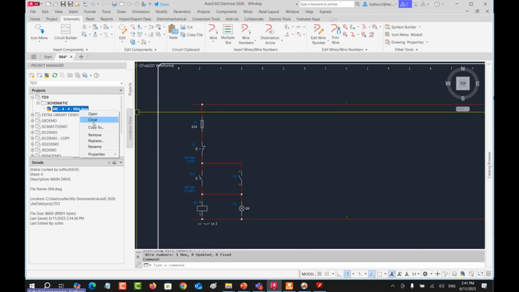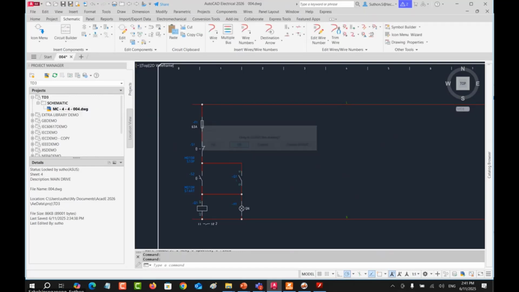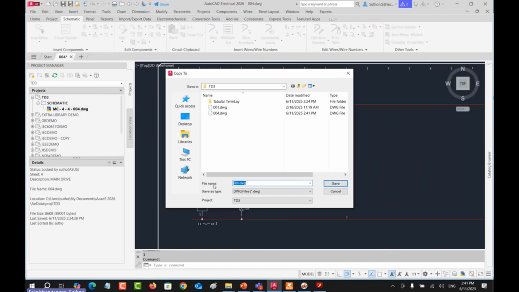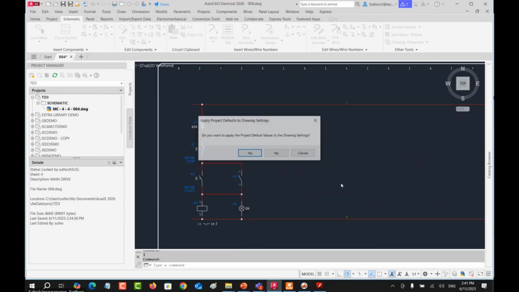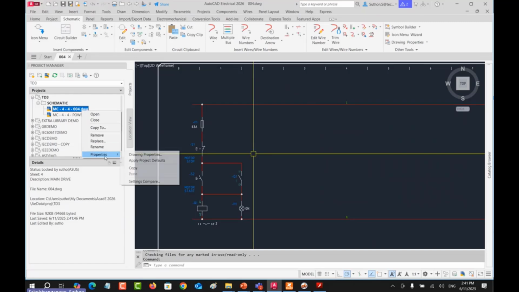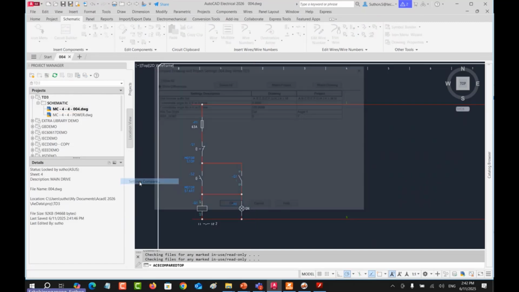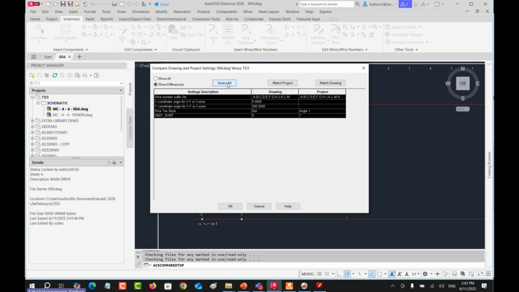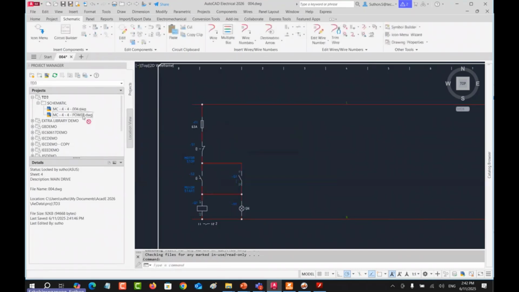I right click here and copy to, and make it the power diagram. Assign. But I want to set the compare setting, select all, mesh drawing. Okay. And then I apply this setting from project default.